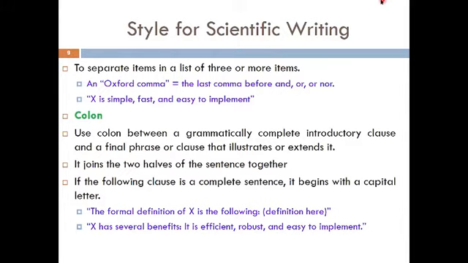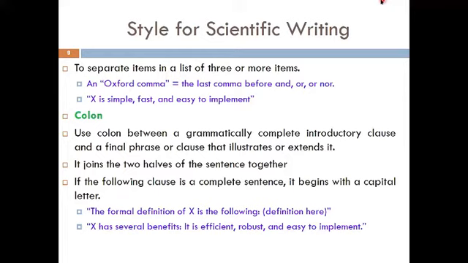All right, now let's look at colon. Use colon between a grammatically complete introductory clause and a final phrase or clause that illustrates or extends it. So often, if you want to use colon, you normally use it after a complete introductory clause, or you can use it to illustrate or extend the final phrase. It joins the two halves of a sentence together.